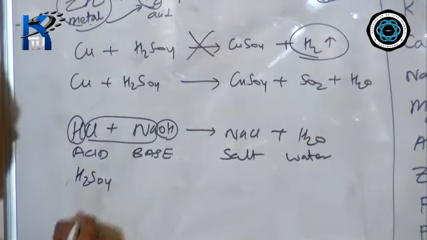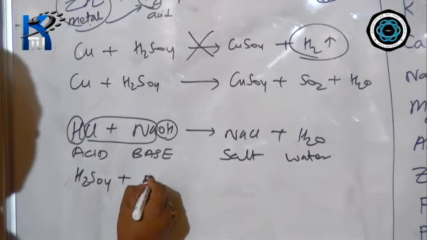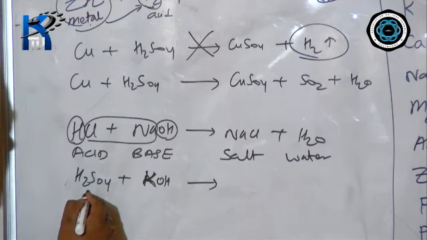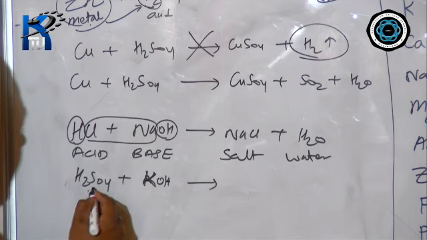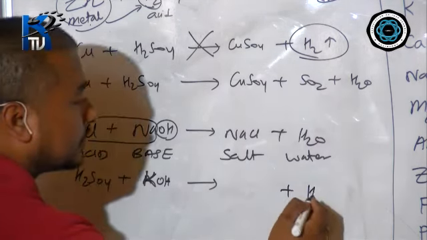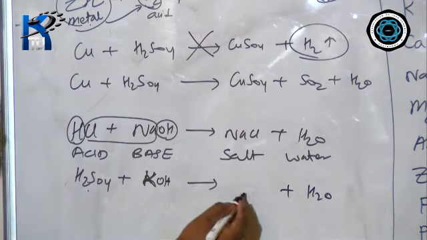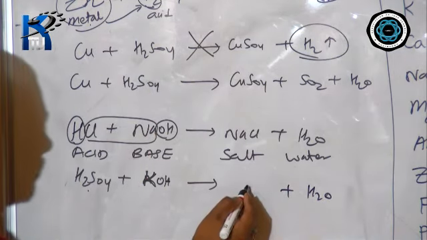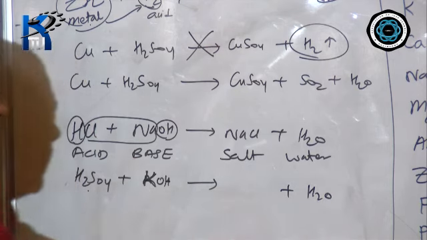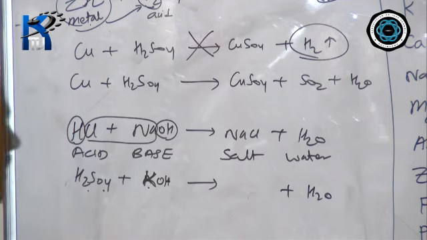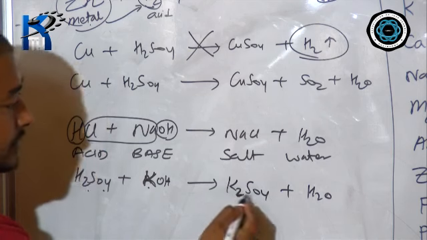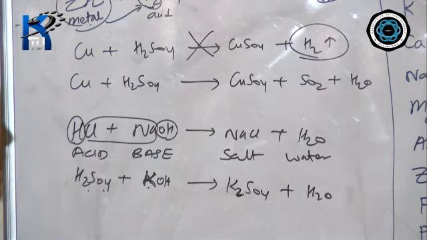Now this is your sulfuric acid, again reacting with potassium hydroxide, suppose, and again this is acid, and this is base. So what are we supposed to get here? Salt and water. So first make the water yourself. Now what you require here is salt. Acid and base give salt and water. Water has been made, now we have to make the salt. Which salt will you get? Potassium and sulfate are left here, so you get potassium sulfate. And why is this 2 here? Because the valency of sulfate is 2. After that you can balance it.